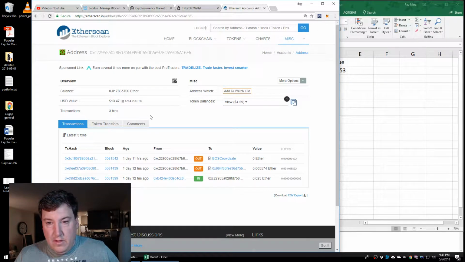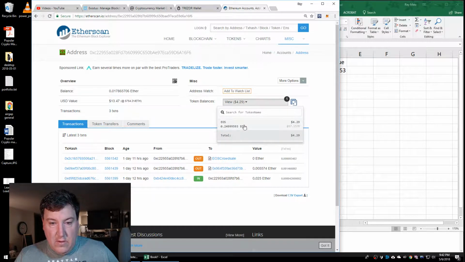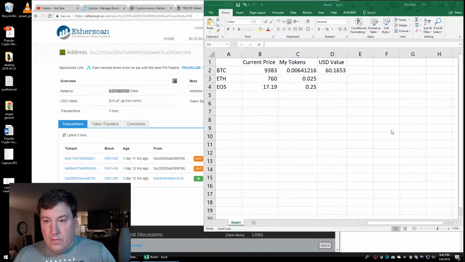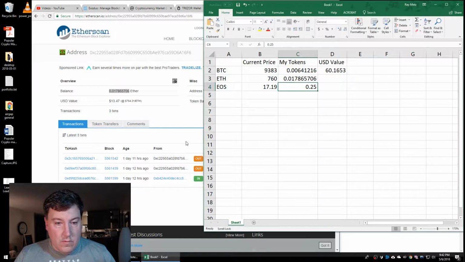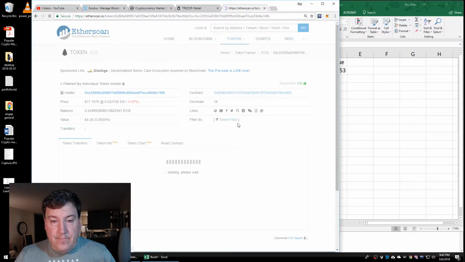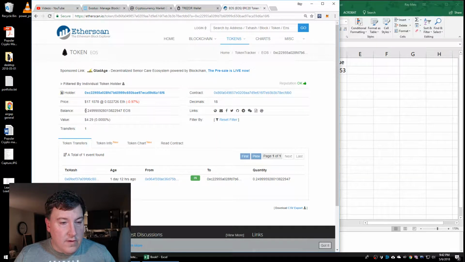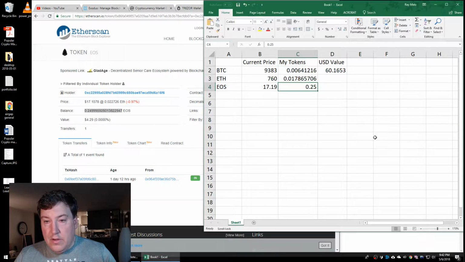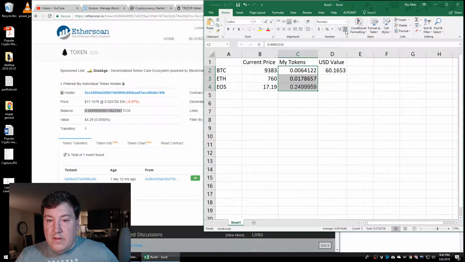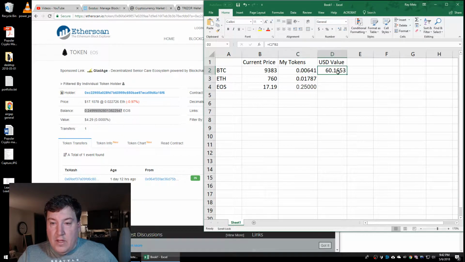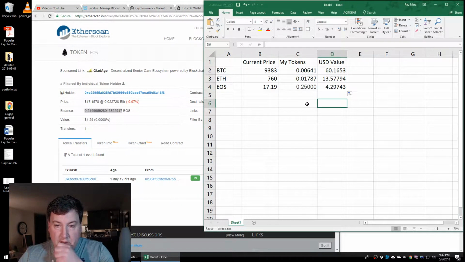We had bought some EOS with this. The EOS is right here, so we can write down our balances for both. And the EOS, we've got this much. It's a long number. All right, so I'm gonna make these smaller. Yeah, doesn't matter. And then we'll drag down the values. So we've got a total